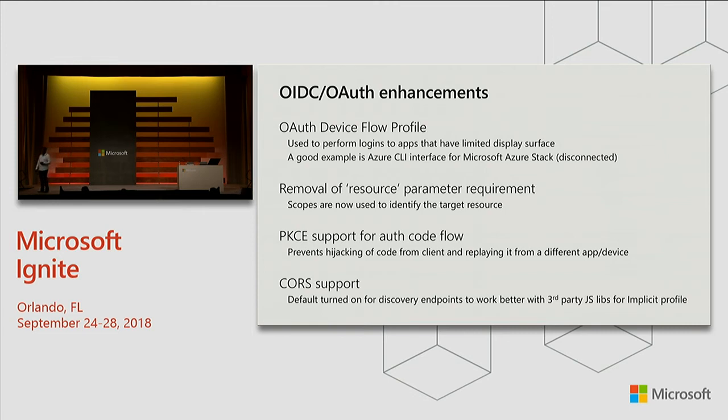The fourth one is something that we've had complaints about, which is really about CORS support. CORS is really about the browser's view of making sure that you don't do cross-origin scripts or cross-origin calls, resource calls. And so in the case of you building a single-page application, you typically use what's called the implicit flow profile. And a lot of it is done by JavaScript at the end of the day.